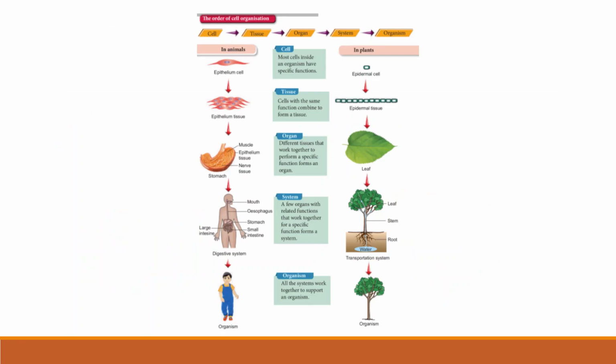So next, we need to learn the order of cell organization. As you can see here, I believe the textbook has summed it up quite nicely, so I've taken a picture from the textbook once again. Cell to tissue to organs to system to organisms. So what do these arrows or flowchart mean? Let's say cells are the most